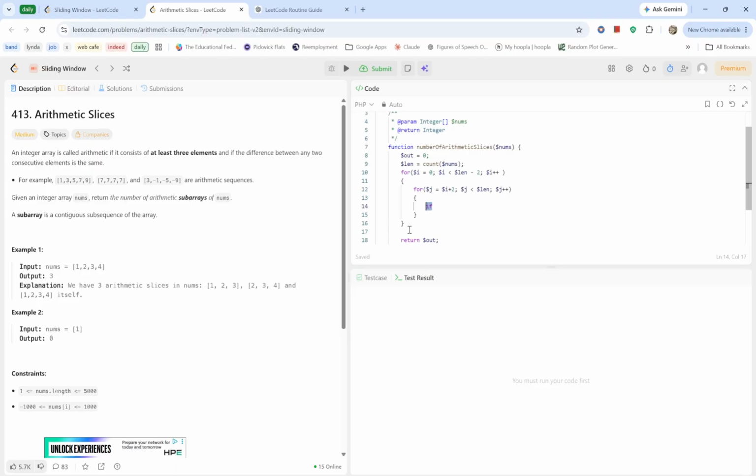So there's an array. Nums is the array, and i is the index, right? There's supposed to be some type of condition that checks nums, and then i,